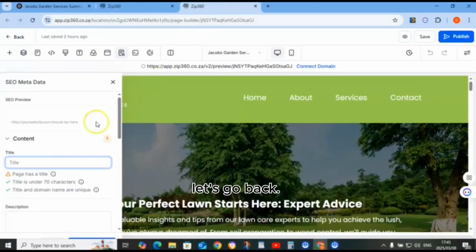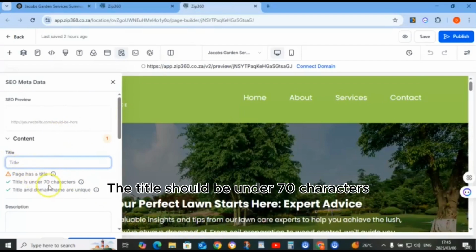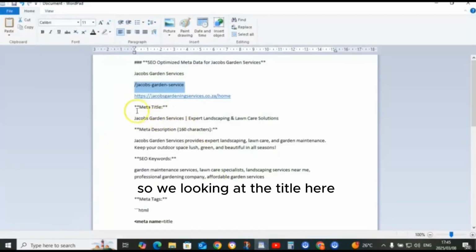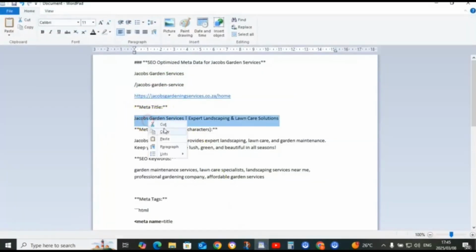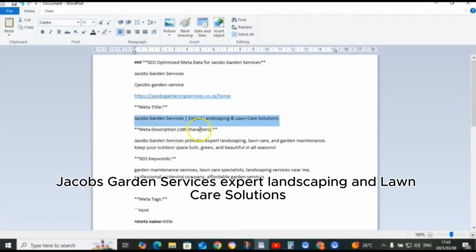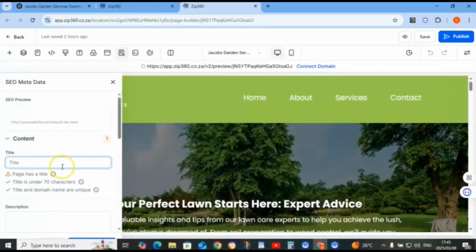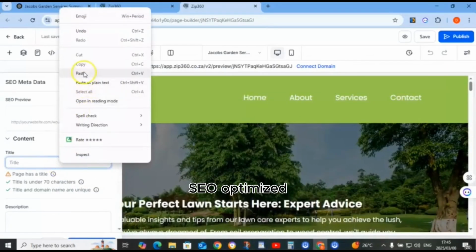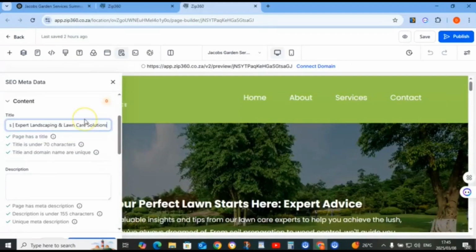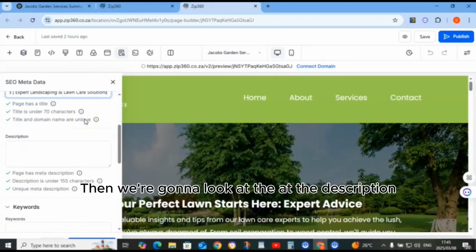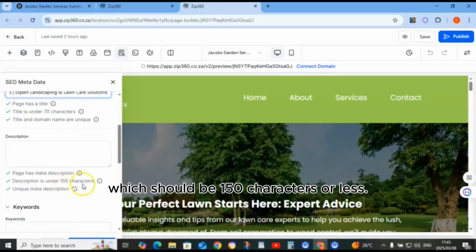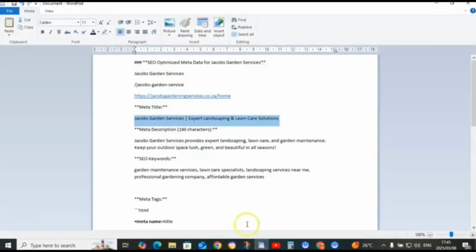So let's go back. First of all, we need a title. The title should be under 70 characters. So we're looking at the title here. Jacobs Garden Services, Expert Landscaping and Lawn Care Solutions. SEO optimized. Then we're going to look at the description, which should be 150 characters or less.